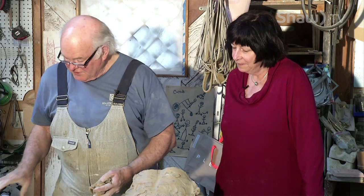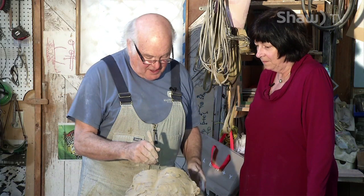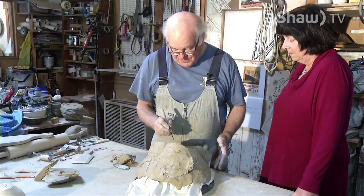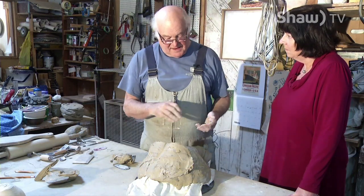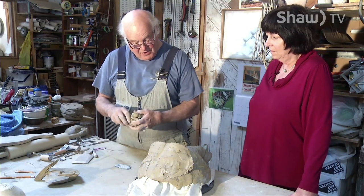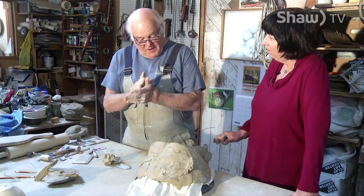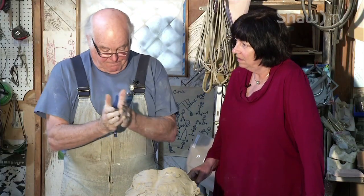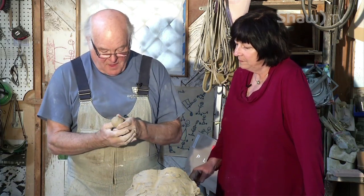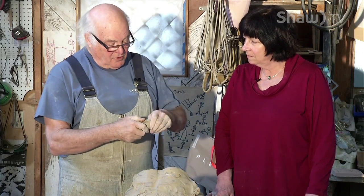Okay, what I'll do next is a nose. And I'll cut a triangle out. What that does is allow me to go over the next day. When I flip it over, I'll know where that hole is, and I can then scour away some more clay. Is that so that it dries more evenly or that it fires more evenly? Well, it's for a bit of weight for drying, and any thick areas are more susceptible to